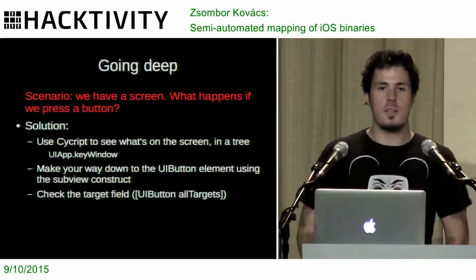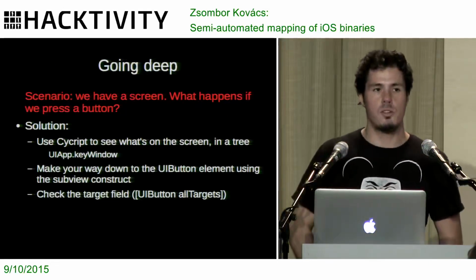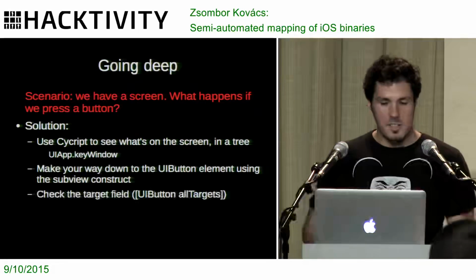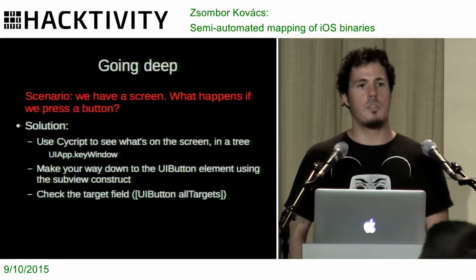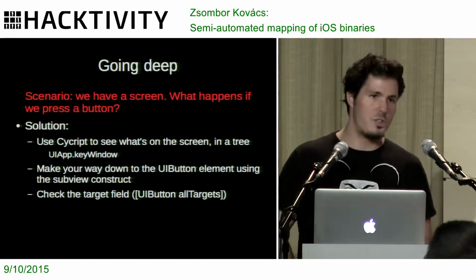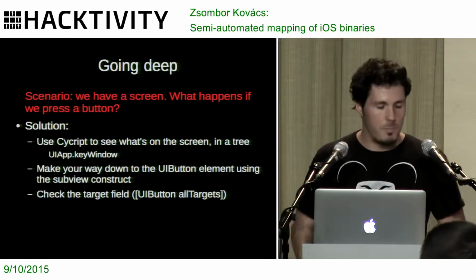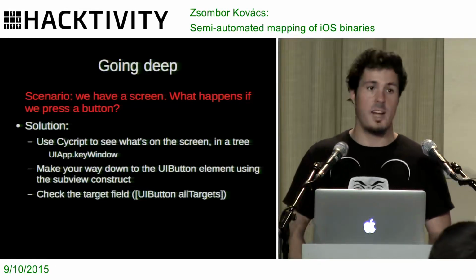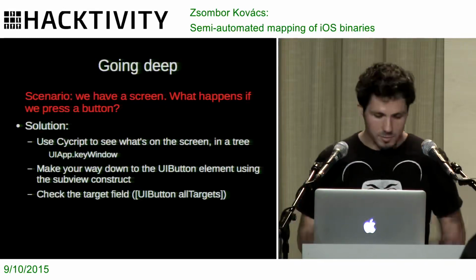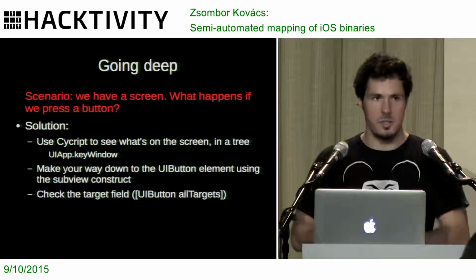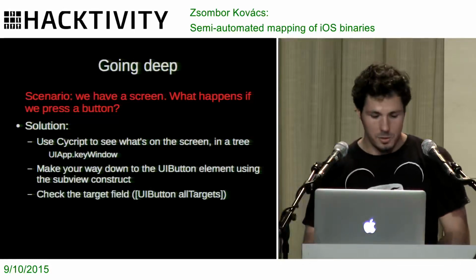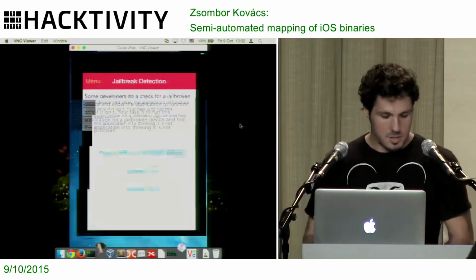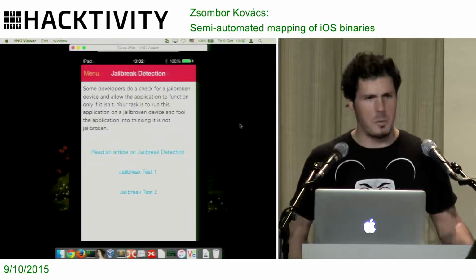Okay, first of all, before going to much more technical stuff, let's see a common problem. We have a screen, and we want to know what happens when I press a particular button or a switch or whatever on the screen. And how can we find out which locations and which methods in the application binary are responsible for handling user interaction for a particular screen? In order to do this, and there's the solution, but I will show you that. In order to do this, I have a nice iPad here with this Damn Vulnerable iOS Application thing,